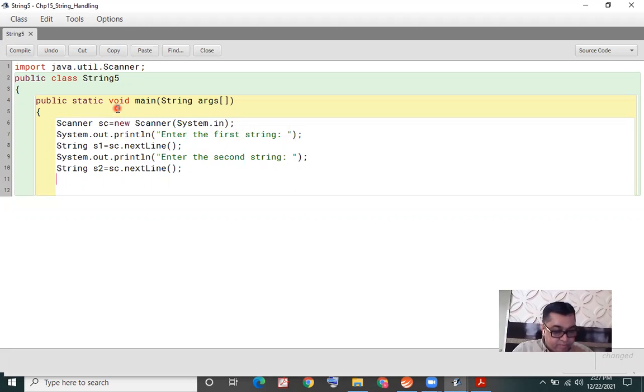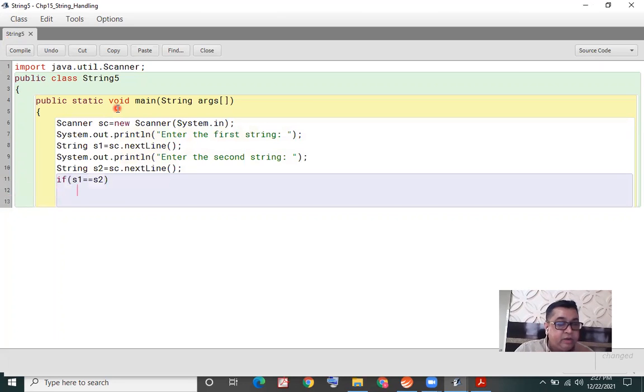And I'm writing an if command, which I'm not hesitating in committing that this should not work. S1 double equal to S2. Okay, doesn't work in Java. This kind of comparison of strings does not work.